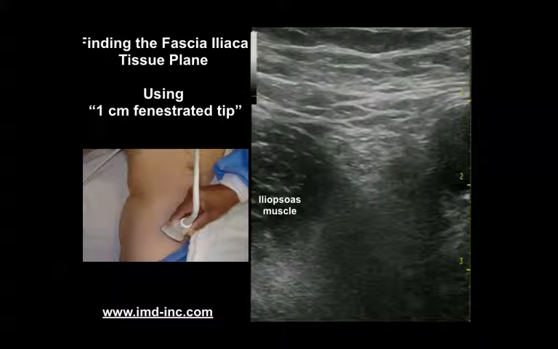This is an actual injection in the inguinal region using a 1 centimeter tip fenestrated needle. Once again, we identify the femoral nerve and the femoral artery. We use the fenestrated needle to pass through the confluence of the fascia iliaca and the fascia lata. And once again, as we look on the screen, we see that the lateral portion of the image corresponds to where we should insert our needle laterally relative to the transducer to avoid contact with the nerve. So as we perform this injection in the lateral third, we see